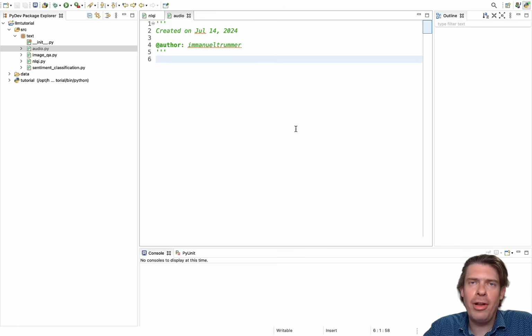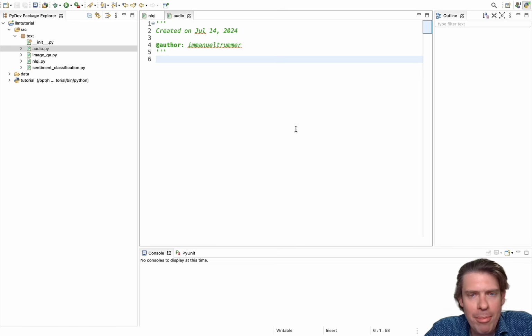All right, so now it's time to analyze a different type of data. We're going to focus on audio data in the following. And one very common task that you want to do if you have audio data is to transcribe it, for instance, in order to generate subtitles for a video. So in the following, we're gonna take audio files on disk, and we're gonna extract the text from those files